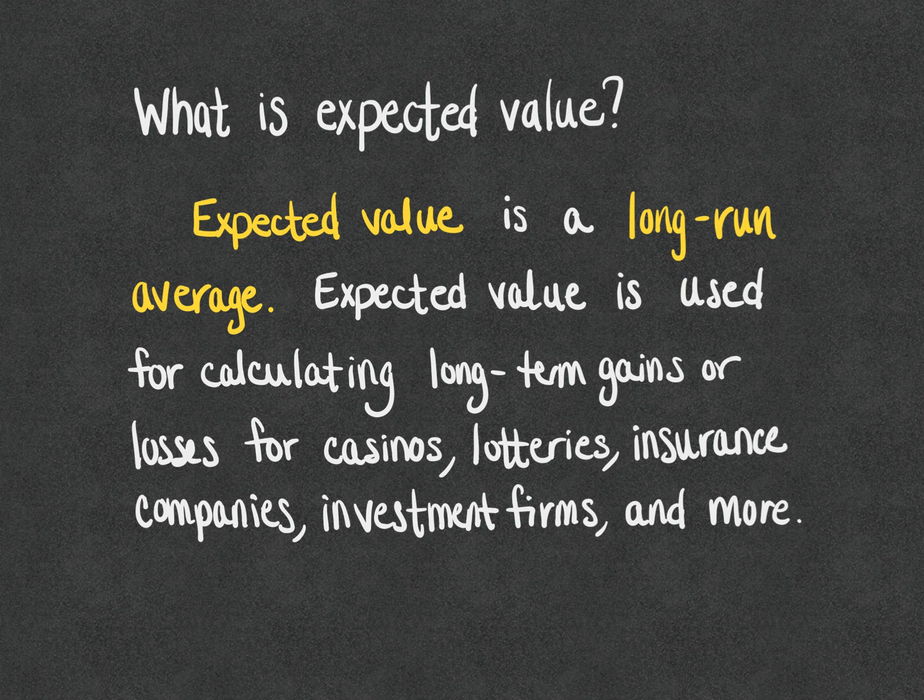So on any given play of the game or any given event that an insurance company deals with, there will be an outcome. But the whole thing is that in the long run, whether it's a casino, a lottery, an insurance company, an investment firm, or whatever, their goal is to make money. On our end, it's our goal to make money, especially if we're dealing with a casino or a lottery. And so we're going to see how expected value is calculated and how those casinos and lotteries in particular ensure that they are winning more than you are.